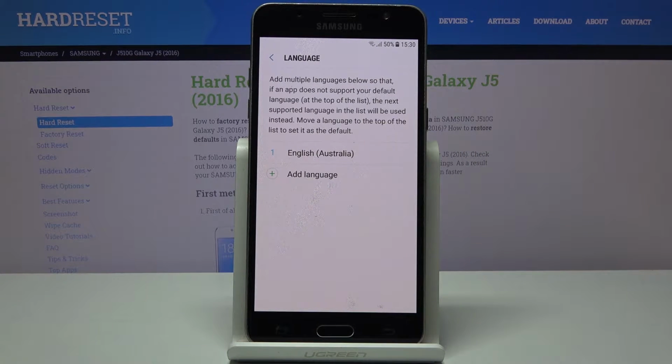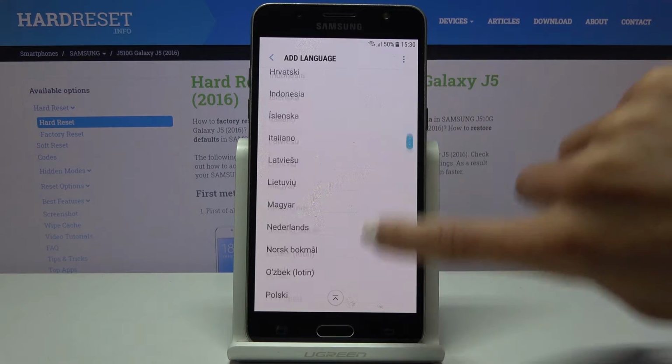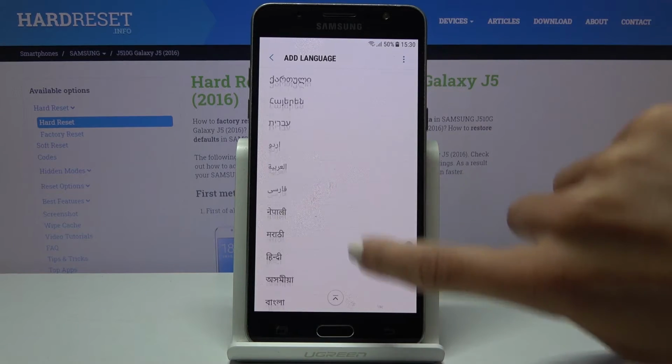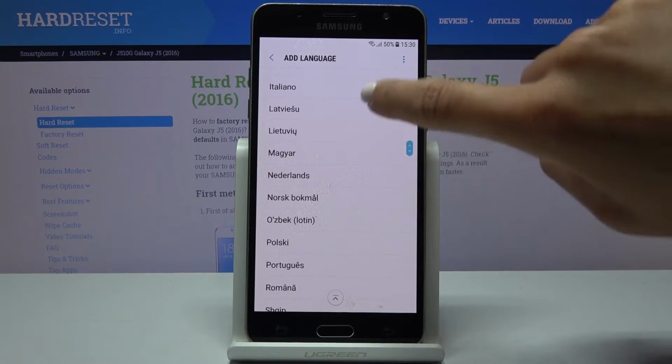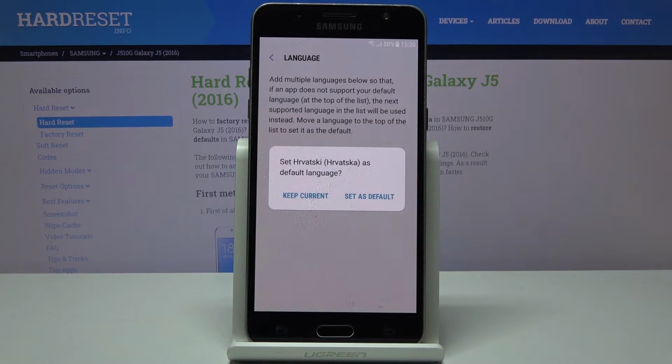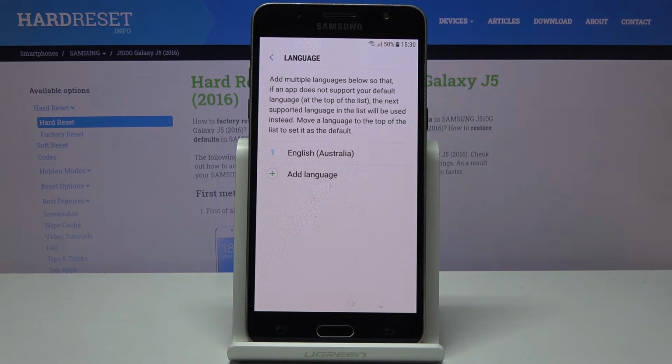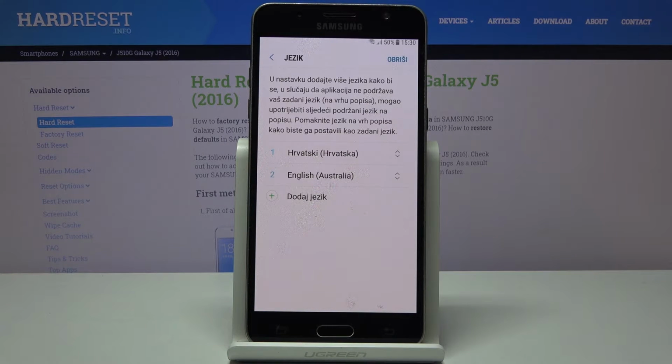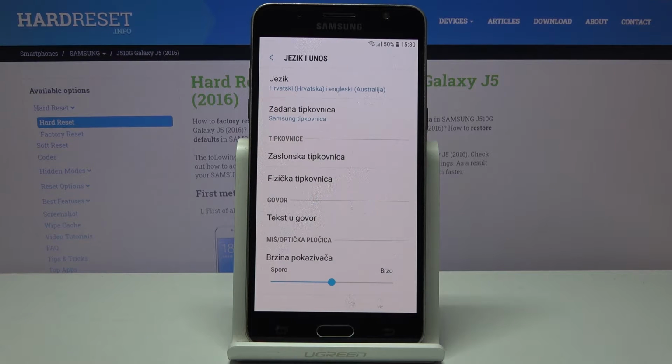And if you will click on Add Language, you will be able to check the whole languages list. Here you've got it. So as you can see, it's pretty wide, pretty long, so you will definitely find something suitable. And let me pick, for example, Croatian. Then select the region, so let me pick Croatia, and then click on Set as Default. And as you can see now, your whole device is in Croatian, so you can smoothly use it in this